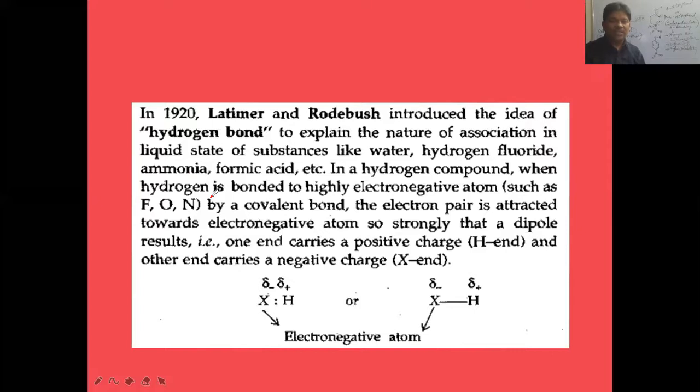If you take a molecule of HX, here X is halogen, H is hydrogen. Now hydrogen gets partial positive charge, halogen gets partial negative charge. Delta plus indicates partial charge. Between these two, one electron pair is shared between the halogen atom and the hydrogen atom. Is it unequal sharing or equal sharing? Unequal sharing of electrons between H and X because of different electronegativities. Here X is the more electronegative atom, H is the less electronegative atom.